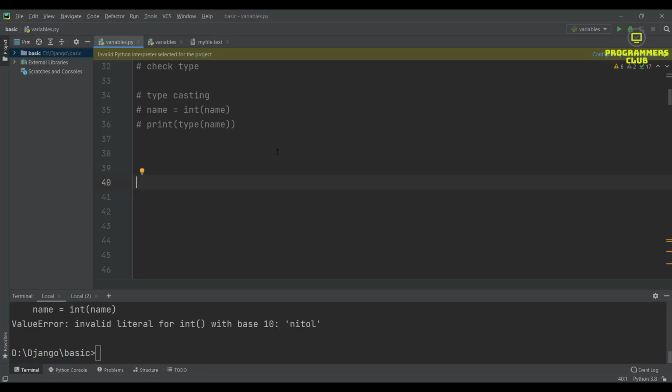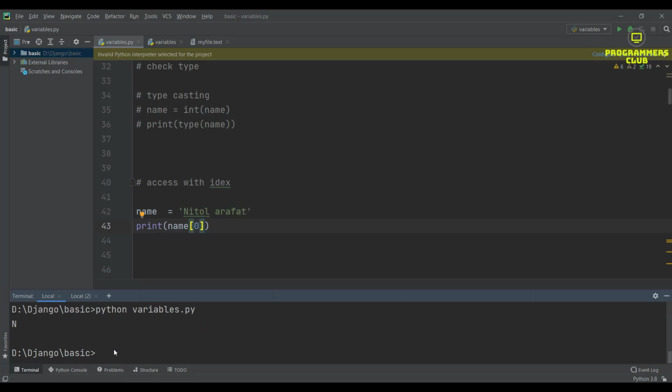Now I am going to show you how to access a character with an index. If I want only the zero index character, I write name with index of 0. Now I print that, and I get n.